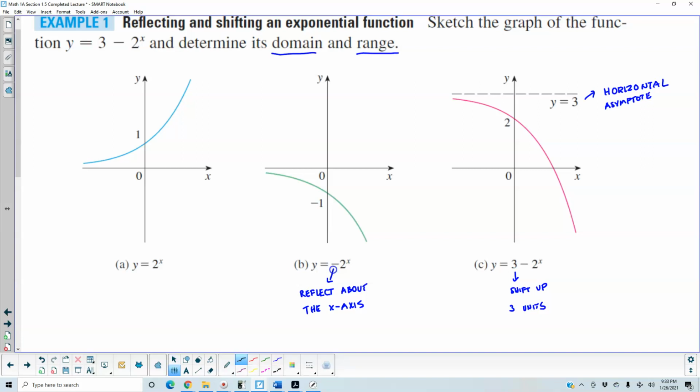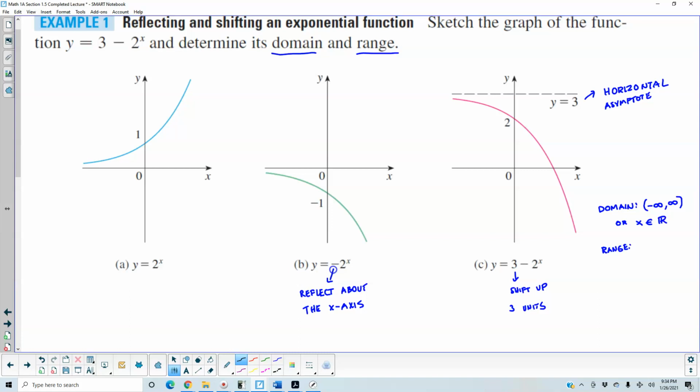Well, now we're looking at this graph here. So what is the domain of this graph? Well, the domain of this graph means that we can plug in any value of x on the horizontal x-axis. So that means it's going to go from -infinity to +infinity. Or we can say that x can be all real numbers. Okay? And then for the range,